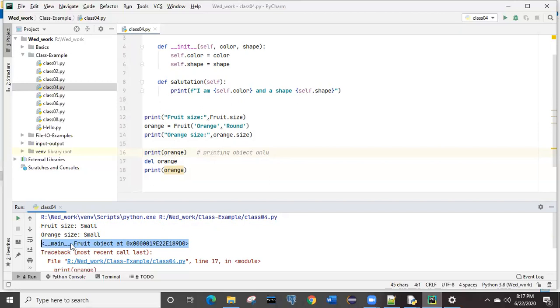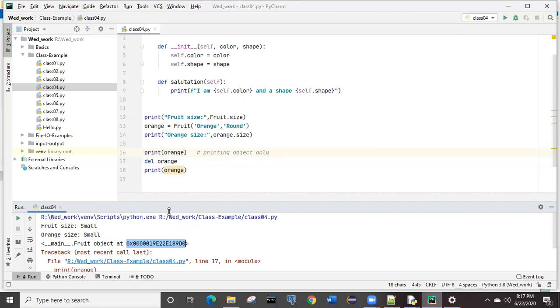Okay. So what it is saying is, from the main method, for the fruit class, an object is created, and this is the memory location of that particular object. In my computer, in the whole memory, there will be some locations which are identified by this number. And this is the location where that particular object has been created in the memory.